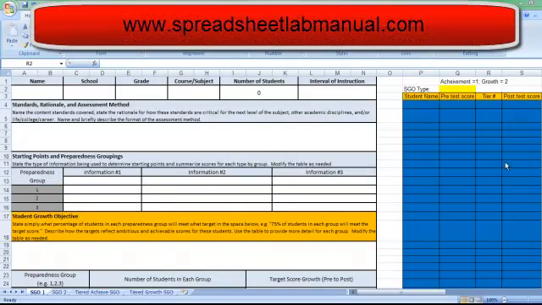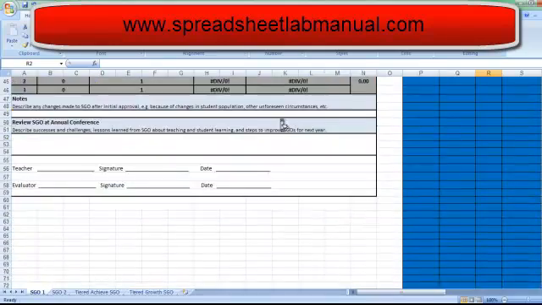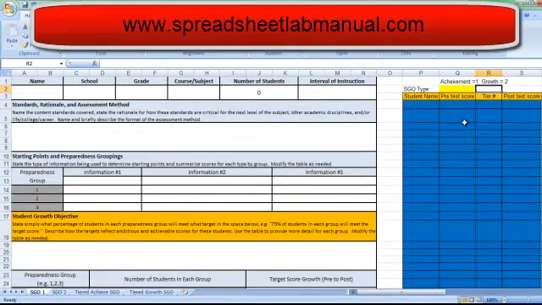This video will demonstrate how to calculate an SGO with the Smart Form provided by the Spreadsheet Lab Manual. The Smart Form prints as the form provided by the state for the 2014-2015 school year and has columns next to it where student names, pre-test scores, tier numbers, and post-test scores can be entered to calculate either a growth or achievement SGO. This particular SGO is going to be a growth SGO, so I'll enter a 2 in the